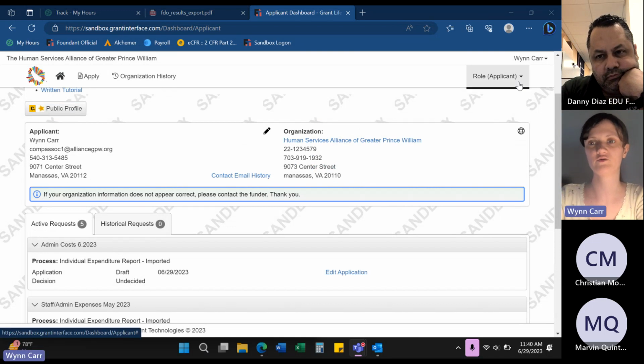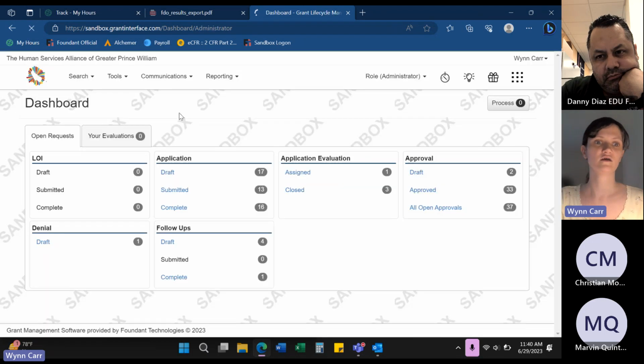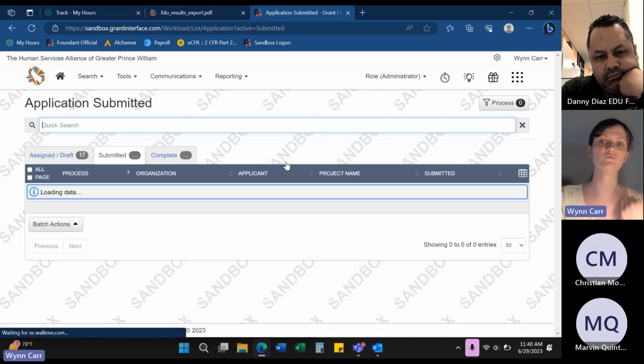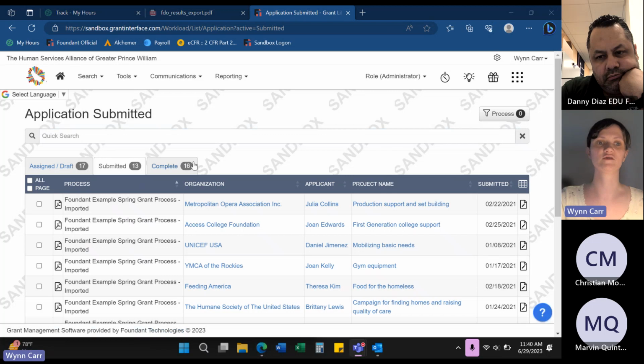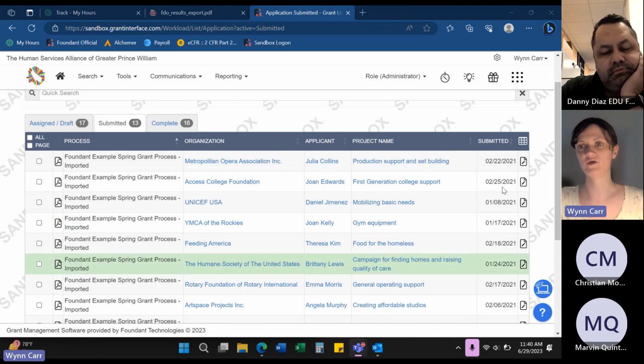And I'm going to quickly show you guys what me as an administrator would see if I'm looking at submissions. So I have a totally different dashboard, first of all. But when I look at submissions, I see submissions like this. So it tells me what form you guys used. So which submission form do we give you? Your organization, the name of the applicant, and the project name, which is the report title that you give us. And then finally, when you submitted it,